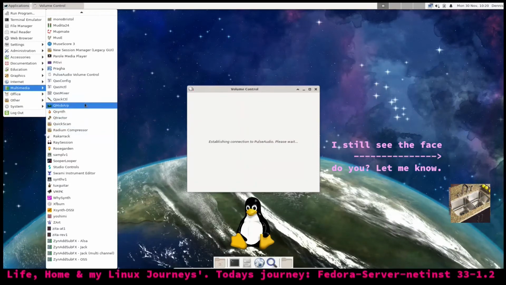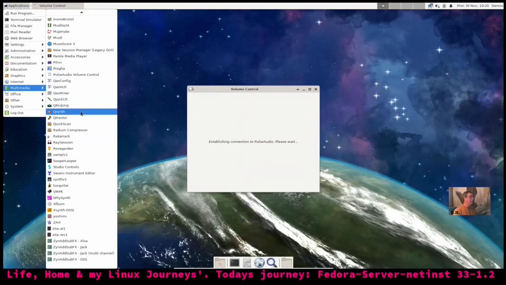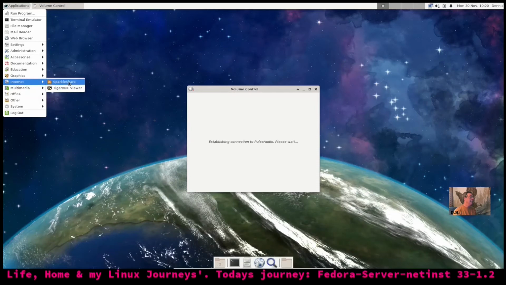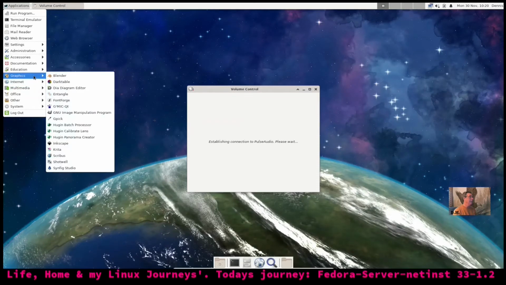Qsynth, Qtractor, QuickScan. I'm hoping that's a scanner. Let's see, Ray Session. Most of this has to do with music. All that Jack stuff for sure. Under internet, we got Sparkleshare and TigerVNC Viewer. No browser. Under graphics, Blender, Darktable, Dia Diagram Editor, Entangle, FontForge,